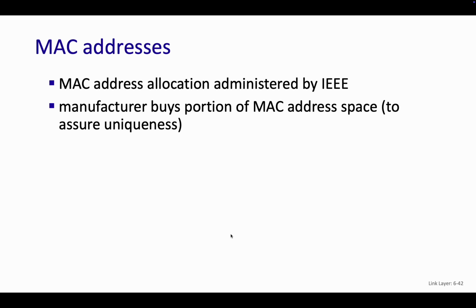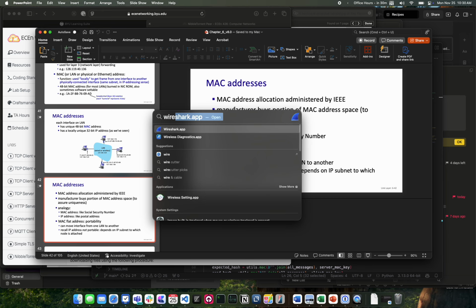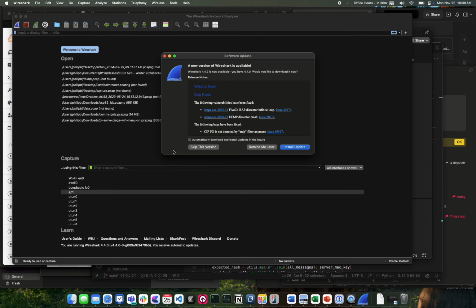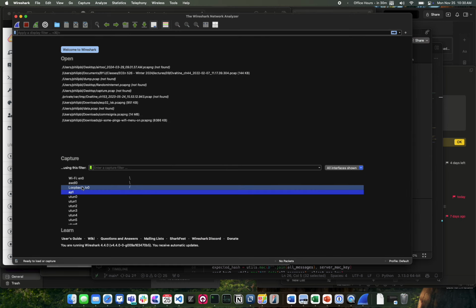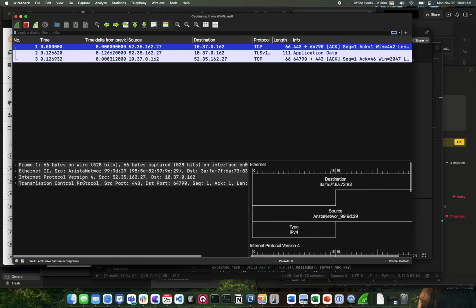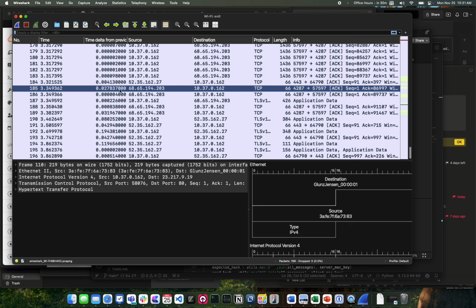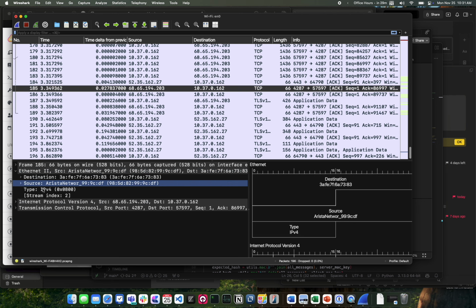I don't know if you've ever seen Wireshark. Is Wireshark working for me? Remind me later. If I go to my Wi-Fi interface and start poking around here, and then go to Ethernet, I don't know if you've ever seen this notation. It's putting the last 3 bytes of my MAC address, but then it's putting this right here. This is my whole MAC address, or the source of whoever. This is not mine, but someone else's.